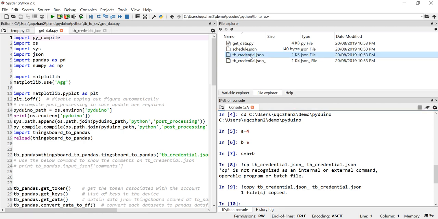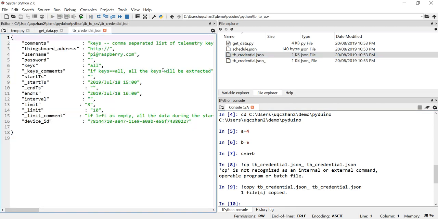Okay, so we open it up. Okay, so we need to first explain what happens here. So TB credential is the file that contains all the critical credential for you to log into the online monitoring system. The reason that we didn't put the original file in here, instead we put an underscore here as a watching file, is because we don't want you to